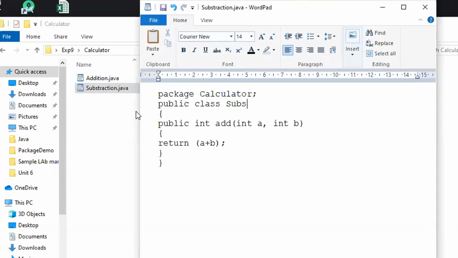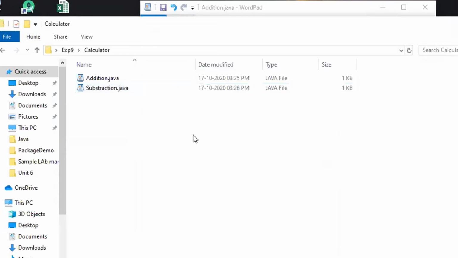If there is any spelling mistake with respect to the file and the class, please let me know. Okay, the method name should be sub and the operation should be a minus b. So 2 files are ready.